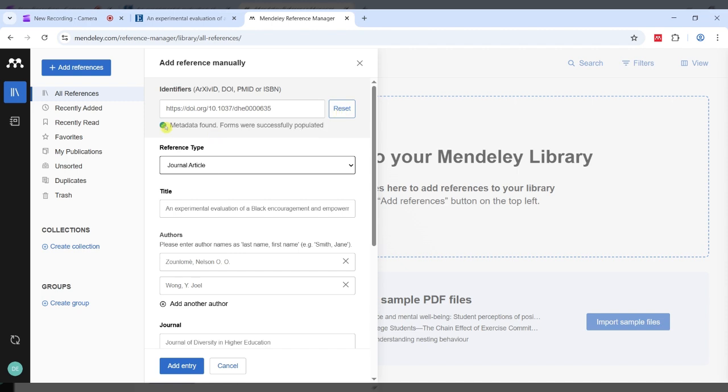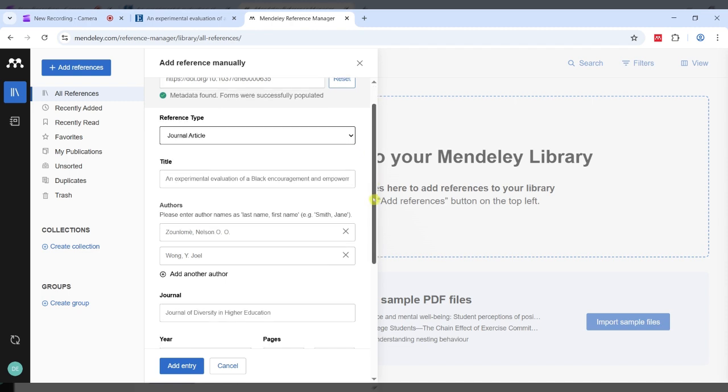And you can see there that's been successful. You can see it's put in the reference type, which is journal article, which is correct. I would always say, and I'll repeat this in a lot of videos, that you have to double check some things in Mendeley, so there's no harm to make sure that that is the right source type. If it's a website, or something else and you knew that, you can change that here yourself manually. But normally with journal articles, it is quite good. It knows what it's picking up.